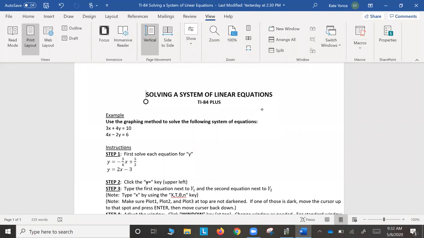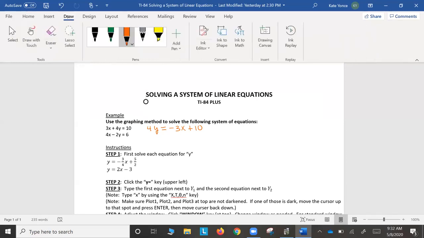So if I want to solve for y on the first equation, I need to get the 3x over to the other side. Remember, when you move a term to the other side of the equal sign, it changes signs. So it was positive 3x on the left, it becomes negative 3x when we move it. Then I need to divide by 4, and I will get y equals negative 3/4 x plus,